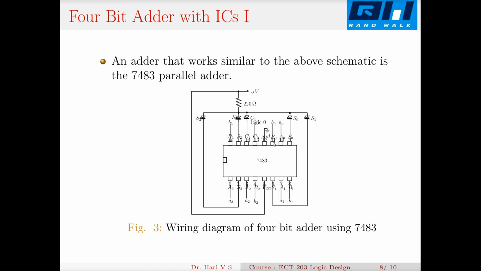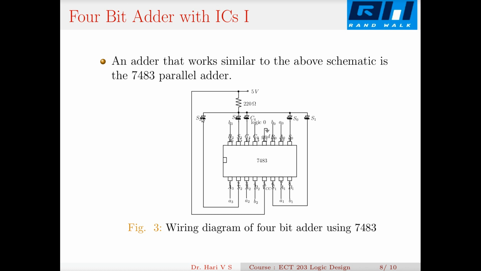Okay. Now you can see that the sum is given here. S3 is here in 15. S2 is somewhere here. You can see that C4 is my 14th pin, S2 is in the 2nd pin, S1 is in the 6th pin, and S0 is in the 9th pin. Now you can connect